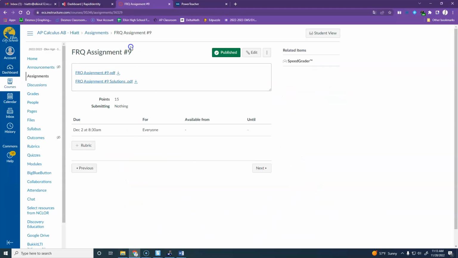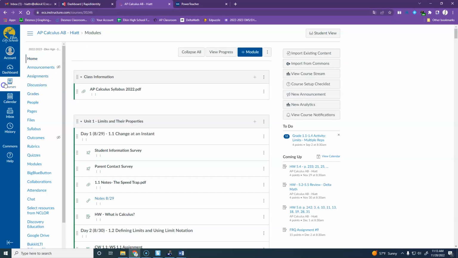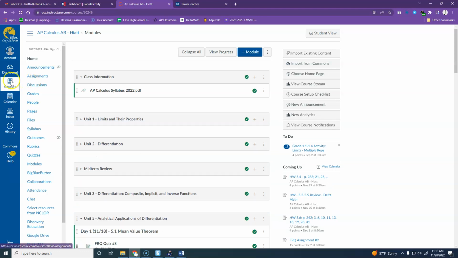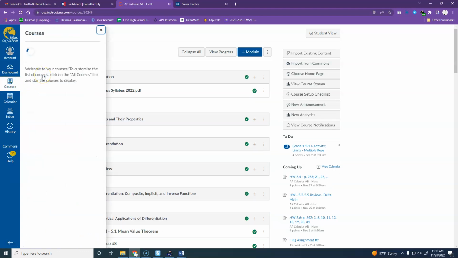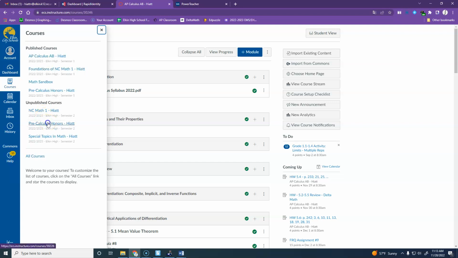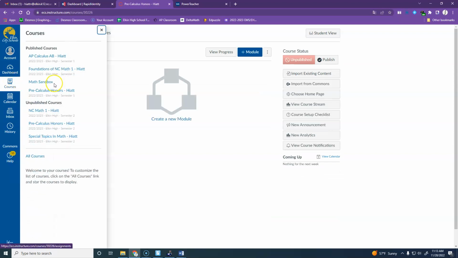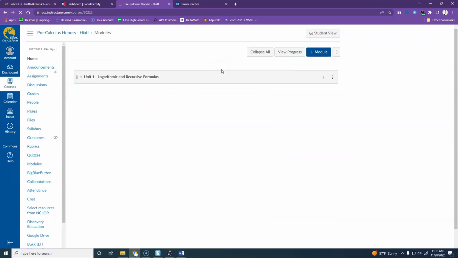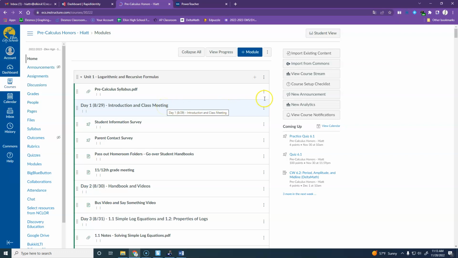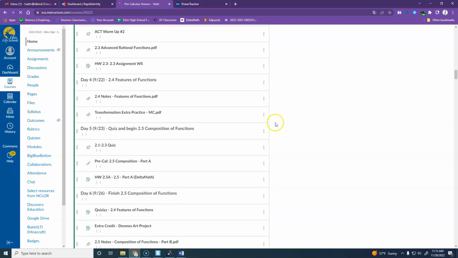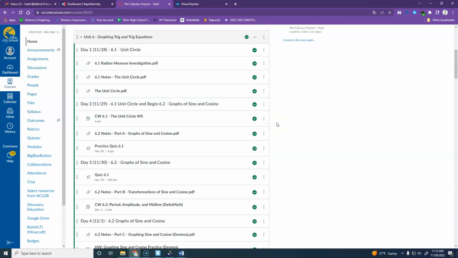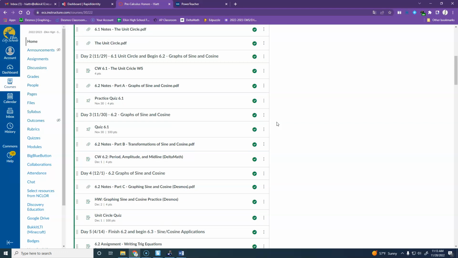Let me look at Canvas real quick. Let's see. That's calculus, so that's not going to help me. Let me see what day it was. Alright, so, no, still the wrong class. Good gracious. Okay. It's dragging today. Slow. Why is it doing this? Okay, so